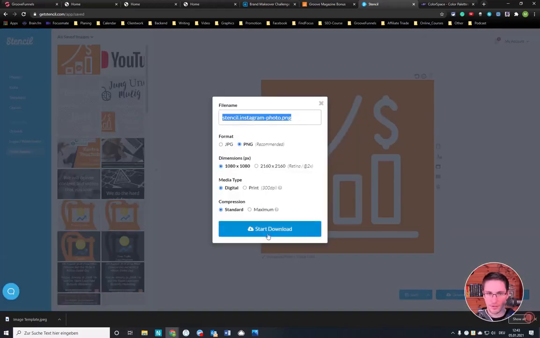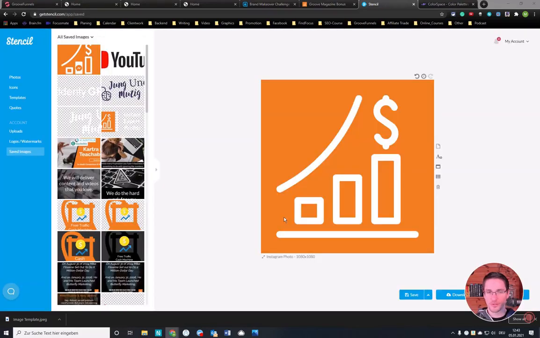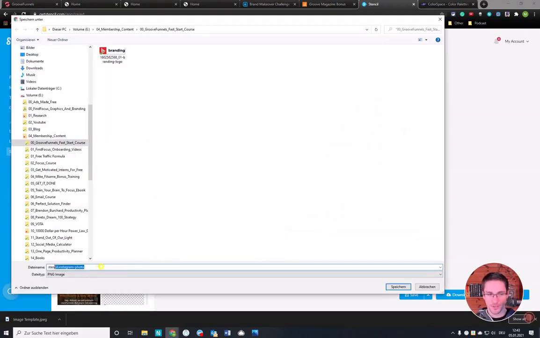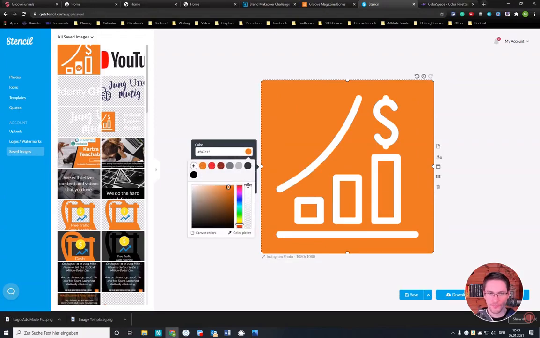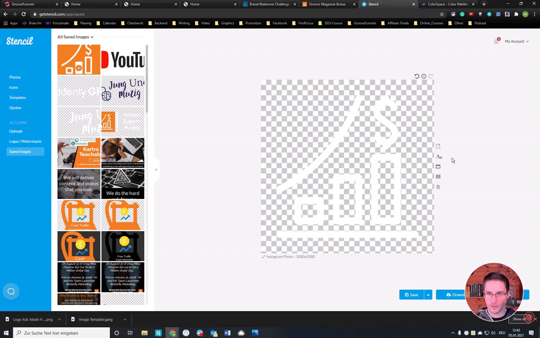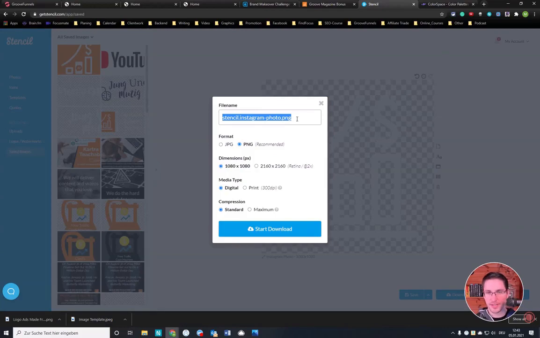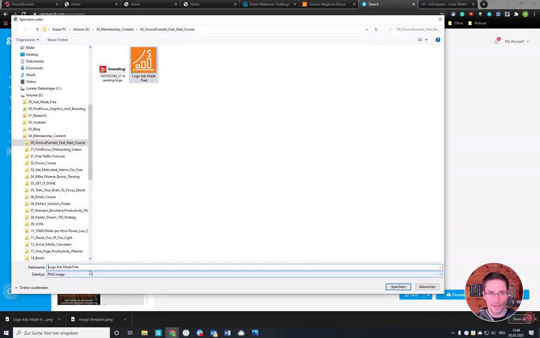So I just download it properly, with these settings. PNG is important. When you create your logo, you want to have different versions of this. So I will show you this logo, Ads Made Free, like this one. And then you also want to have one without a background. Let's make this transparent. So you download this as well, start download. Let's see what we came up with. Ads Made Free,